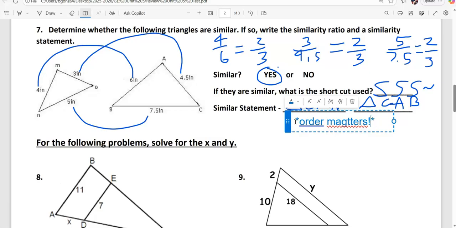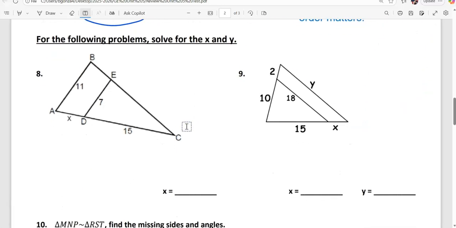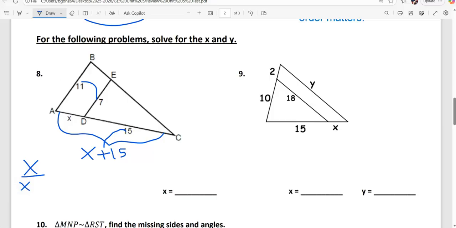Okay, and there it is. For number 8 and number 9, you want to match things up here. So on this one, we got 15 as the smallest one, and then this whole thing is x plus 15. Okay, so 15 goes to x plus 15, 7 goes to 11, so x over x plus 15 equals, oh